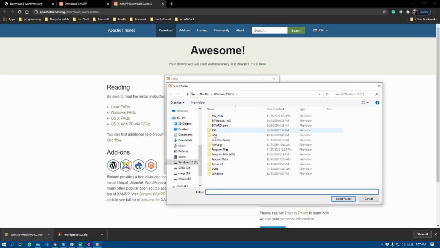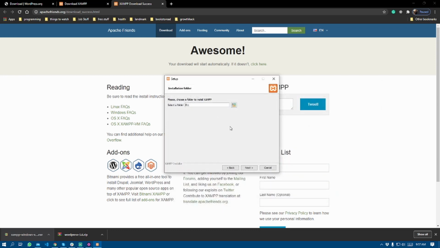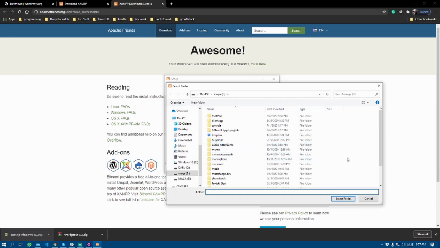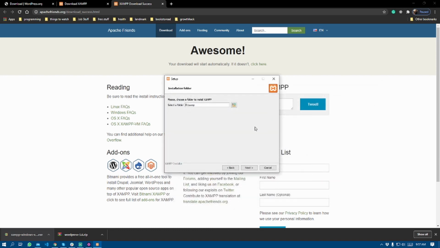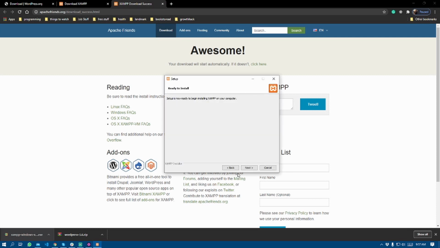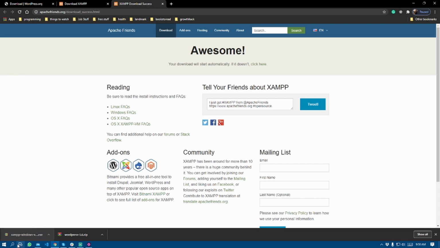Me, for example, I'm gonna use next, next. After XAMPP is installed, we open